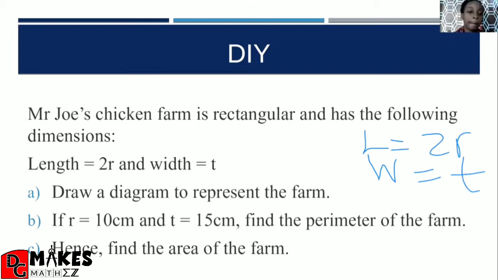All right. Draw a diagram to represent the farm. And we are also going to find the perimeter of the farm, given some values to substitute. Then we find the area of the farm. So we will go with